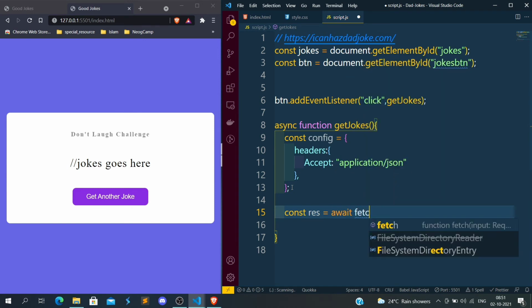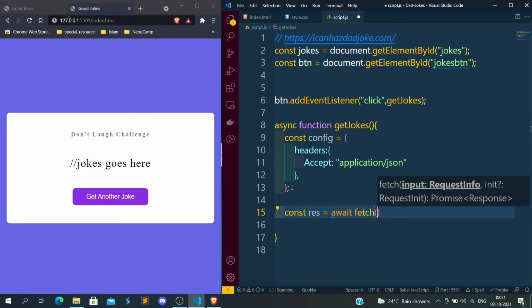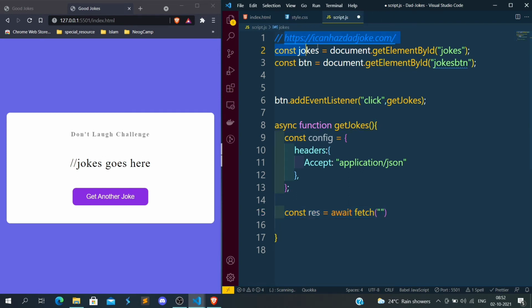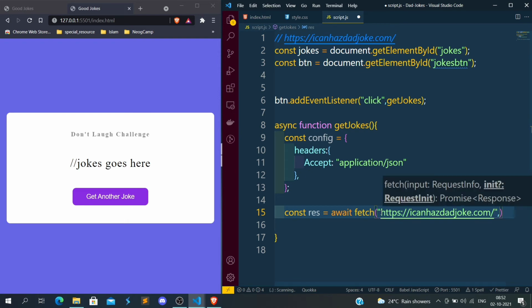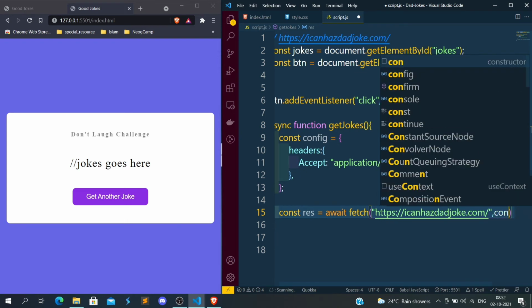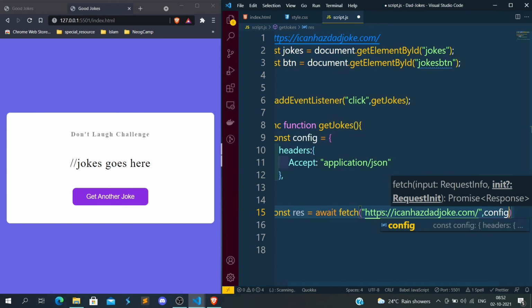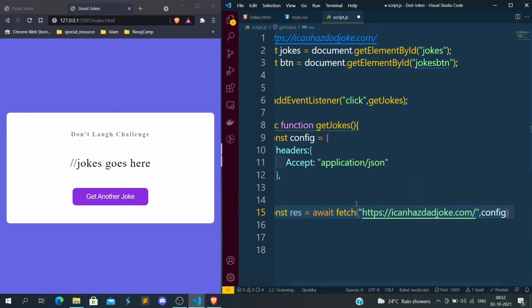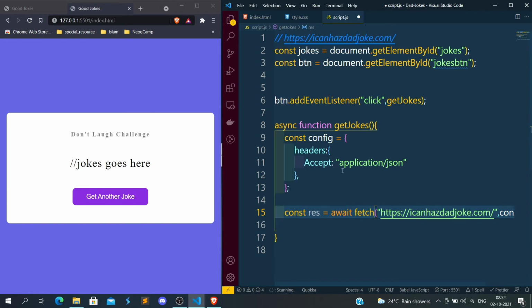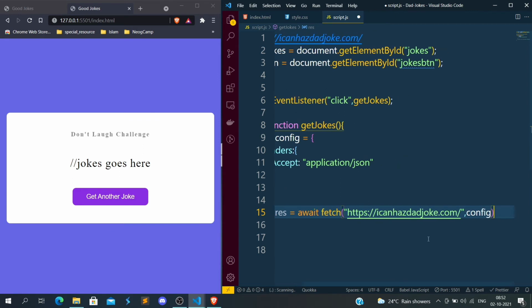I will tell you. So we want to use this URL. Okay, I want to use this URL. Let me paste that URL here, and here we are defining the method, the way we want to take the response. So in the config we have already defined we want to take the response in application/json format. Okay, so that's what we are defining.